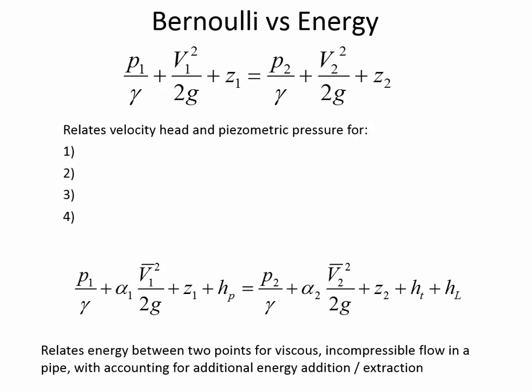So here's the answer to all of our problems, the energy equation. And it looks similar. It has so many of the same terms, but we've added in a few other ones to account for the times when we can't honor those assumptions. So let's go through what are those instances. How does it compare? There's a pressure head term. That's the same. Alpha 1 is different, and then there's a line above the V. We've seen that line above the V before. Does anybody remember what it meant? Average velocity. Exactly, that's right.